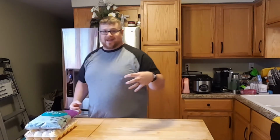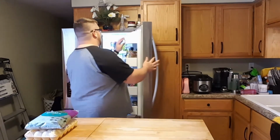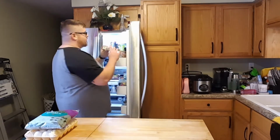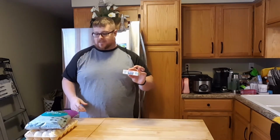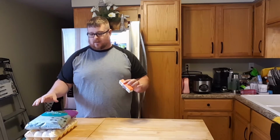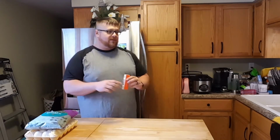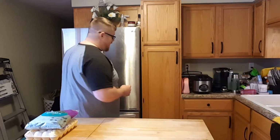Take a good handful of that, put it in your pan with some butter. The butter I'm using right now is Challenge butter. I use 2 tablespoons, put that in the pan, melt it down, add the spinach, and then add the eggs. But I got one more thing that I'm going to be starting putting in there, which I have been doing,